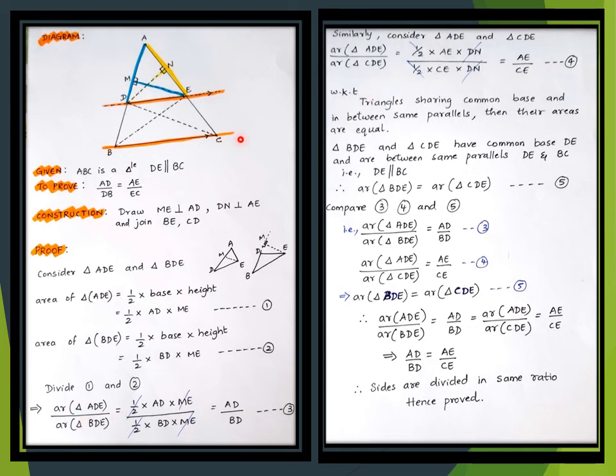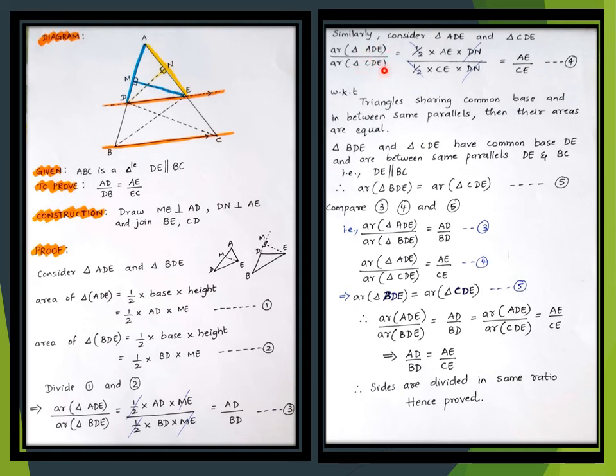Now we shall apply this area of triangle for one more pair of triangles, that is triangle ADE and triangle CDE. ADE is this and CDE is this triangle. Do you remember we did one more construction and kept it ready? That is DN perpendicular to AE. So DN is the height. So if you take DN as the height, what will be the base of triangle ADE? AE, isn't it? So you can write area of triangle ADE is equal to half into AE into DN. That is for triangle ADE.